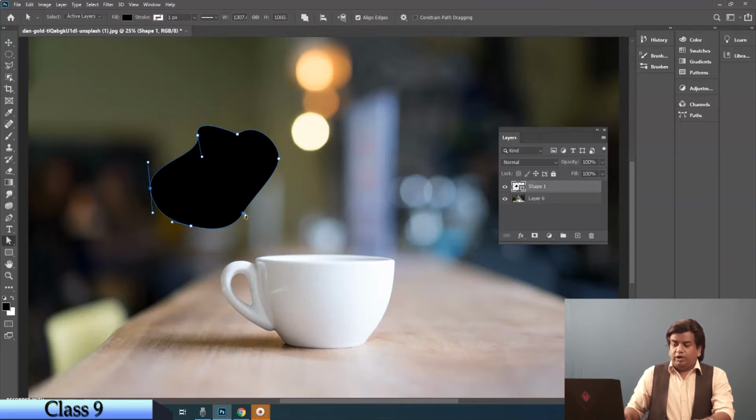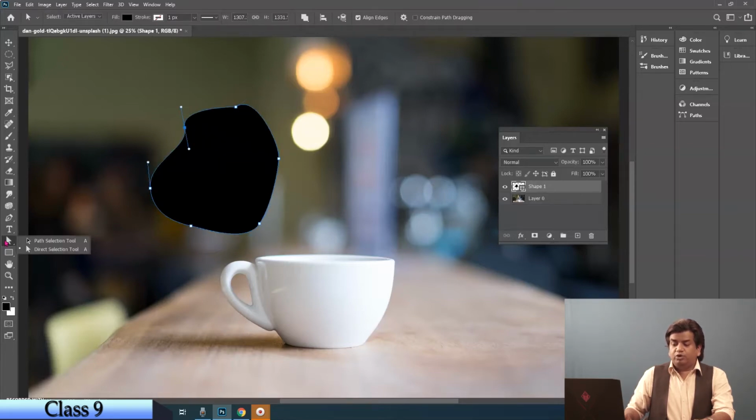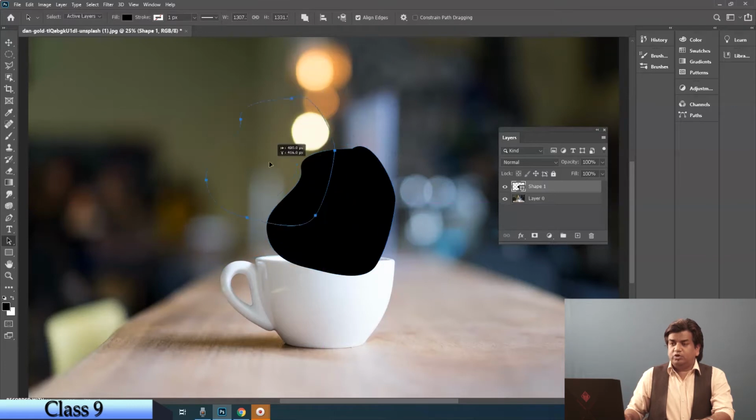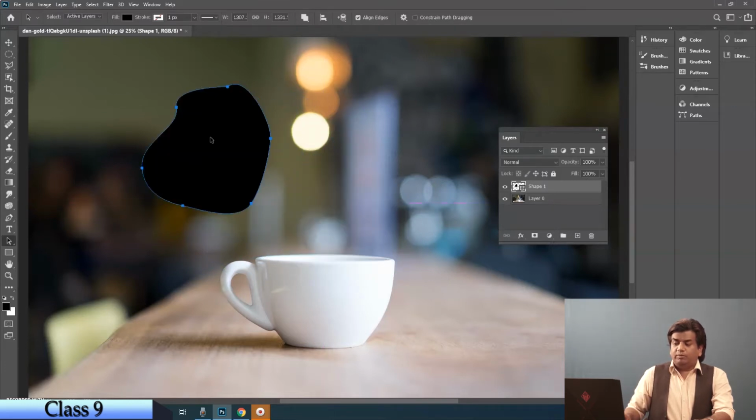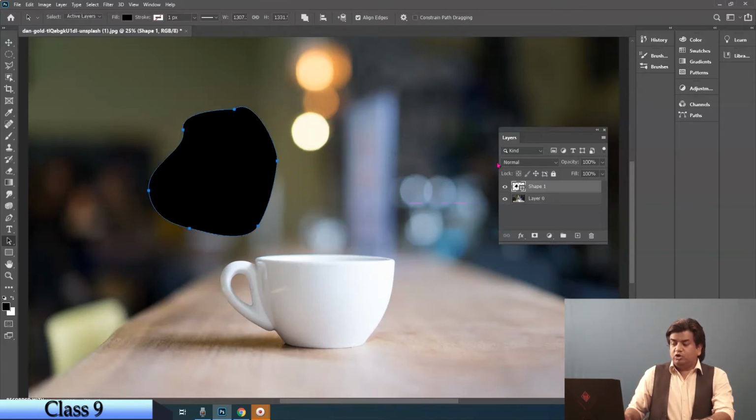Individually these anchor points can be changed and you can reshape your object, but if you want to move your path or shape completely, select and move it, so the whole object moves. So this is your shape tool.